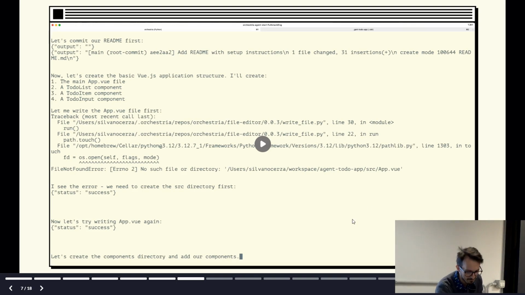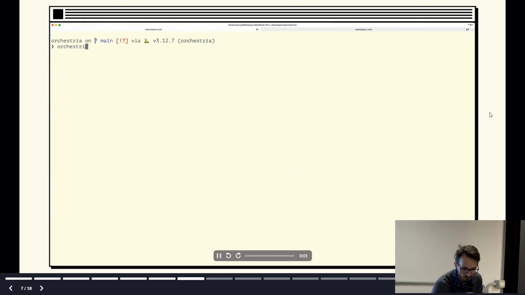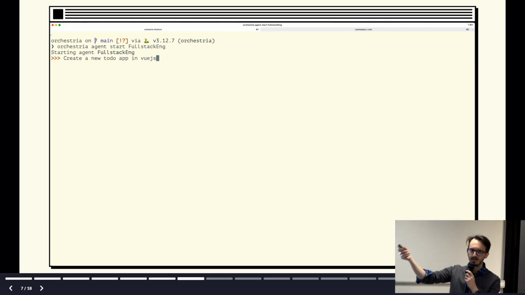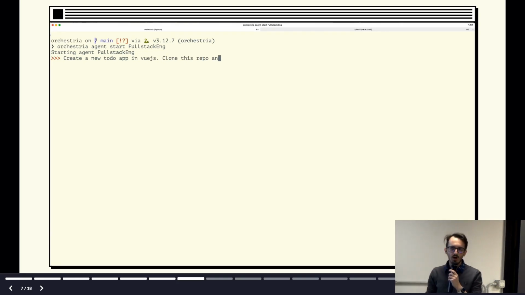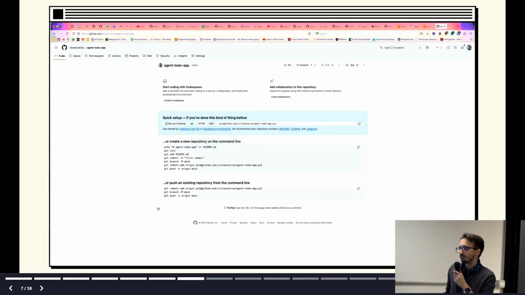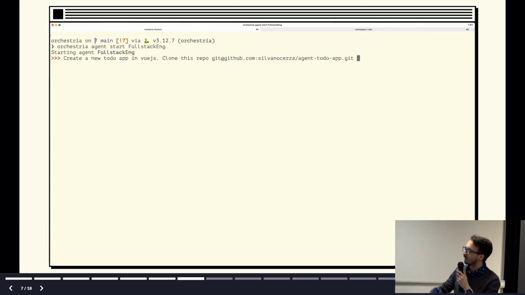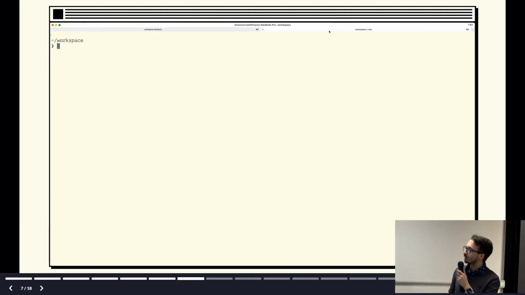Both of these examples are using a project that I created called Orchestria, basically an orchestrator for agents. And in this case, I built an agent that has access to Git and can create text files, basically. So I tell it to create a to-do app, quite simple app, to be fair, in Vue.js. I give it access to a repository that I already created,